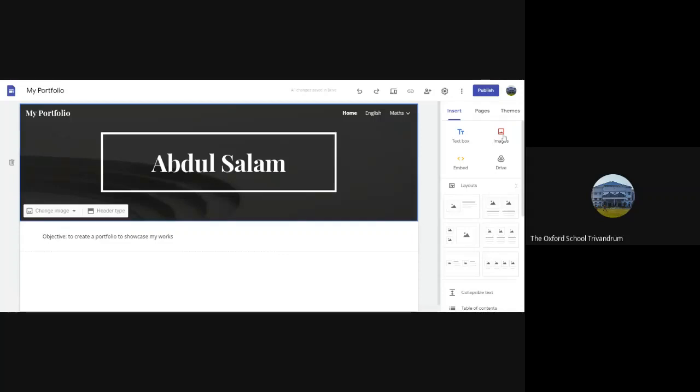This is going to be a showcase for all the activities, and it can be used by the teacher to evaluate the students. It's very easy to evaluate the students. When you look at the portfolio itself, it will tell you what all activities and how creative the students are, how creative he or she is, and what all things he has done.